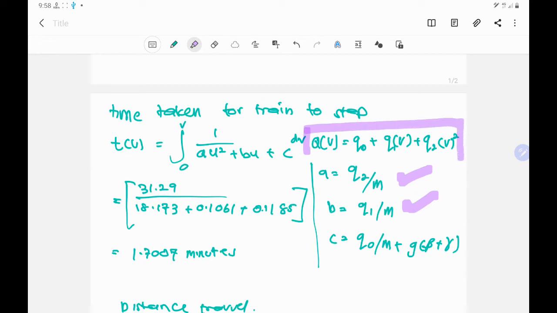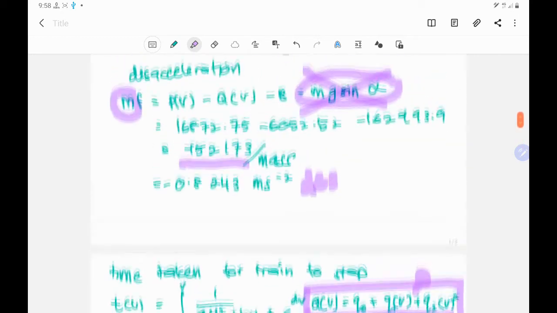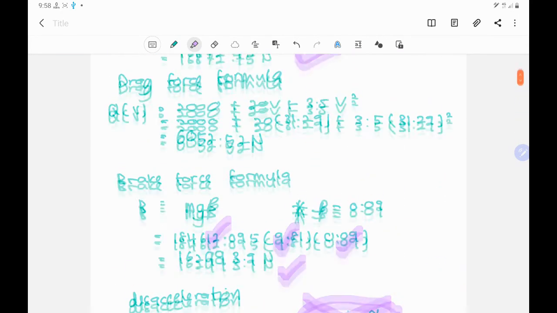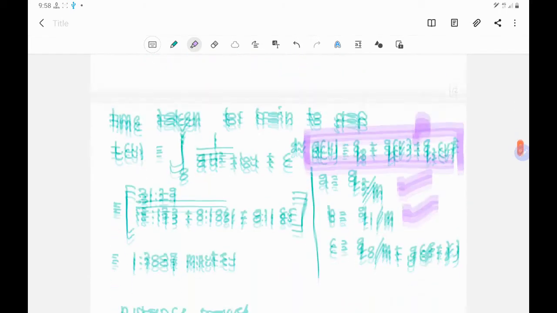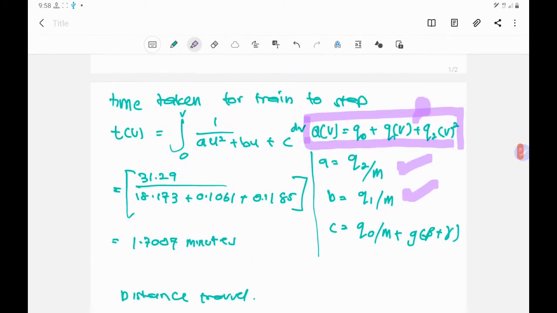Okay, this is the value for Q. This we can refer to the drag force formula, which is this Q1, Q2 and then Q3. We can substitute back into this formula. Okay, when we integrate